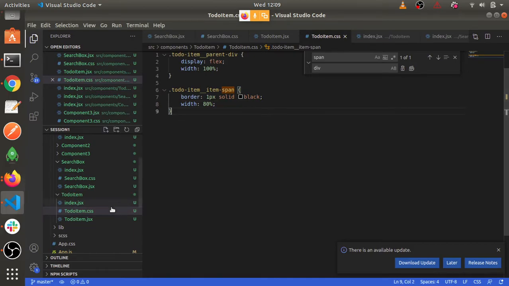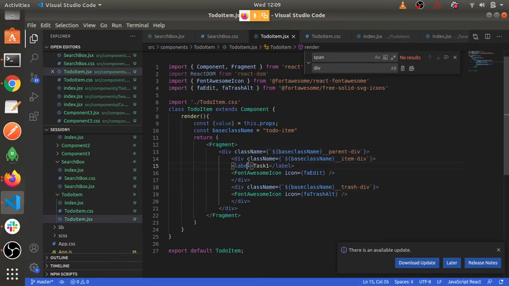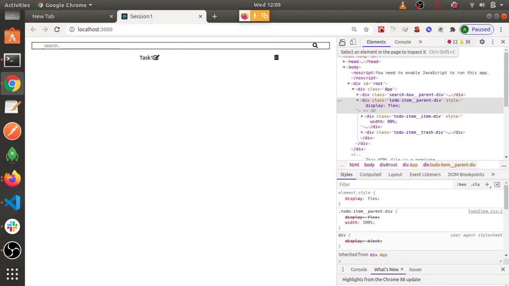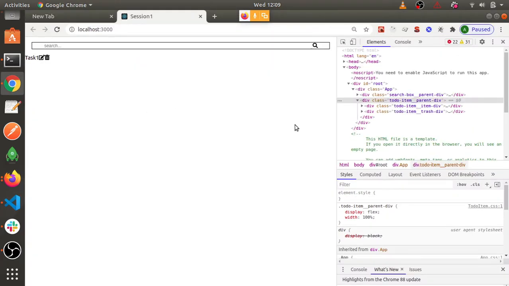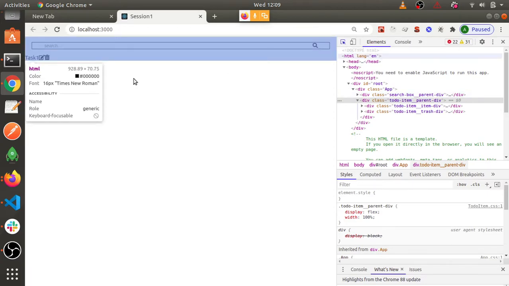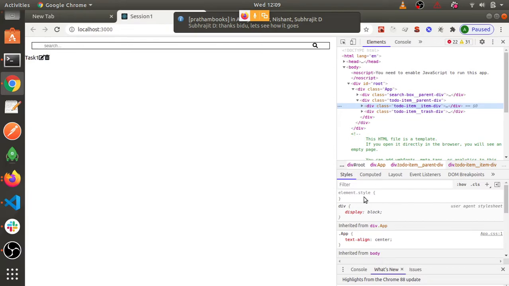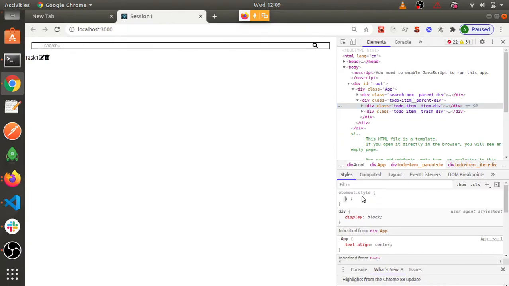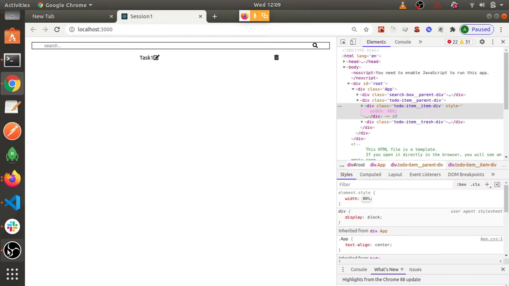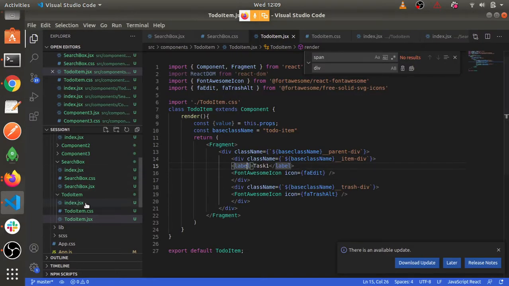Now the trash by default will take 20%. Inside this, the label has to cover most of the part. So again I'll refresh it so that CSS will be refreshed. Oh, 80% was not taken. Why? I have given that already, I guess.